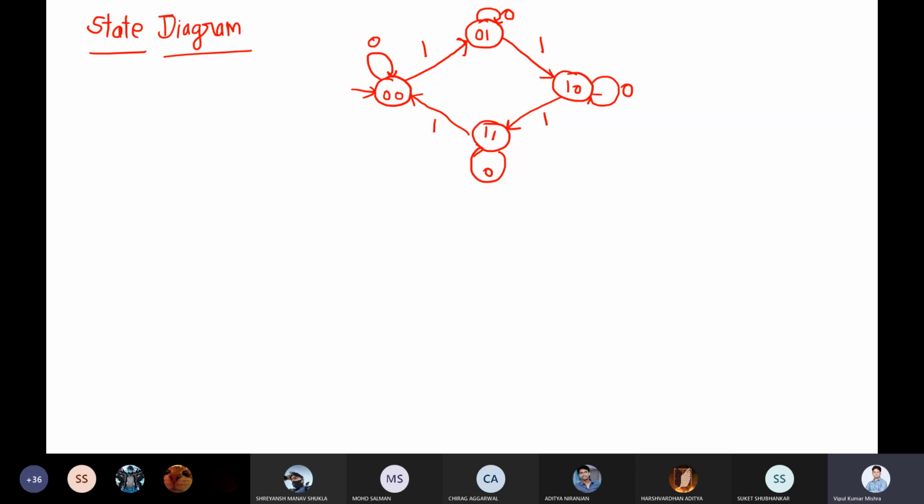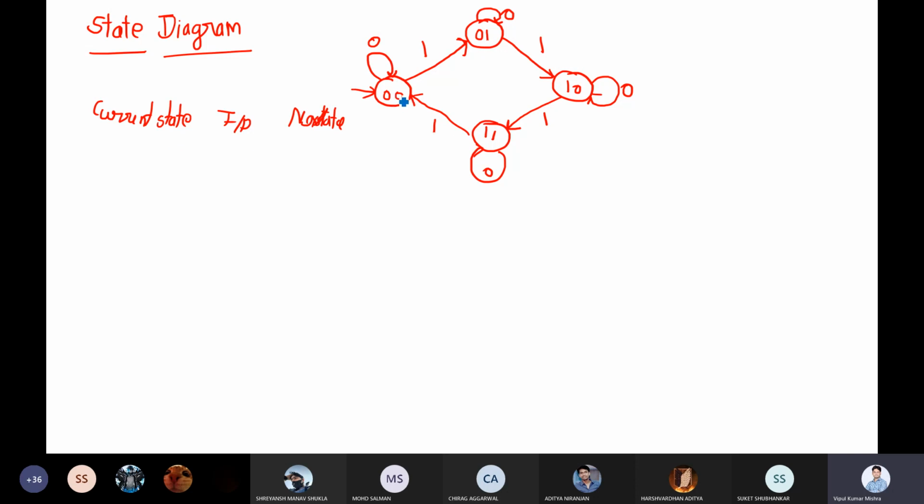So let me make a state table from this state diagram, right? I will make two tables. I have the current state, then I will say I have an input, then the next state. This information I have to fill, right? Now let me fill one entry so that you can easily understand what we are looking at.